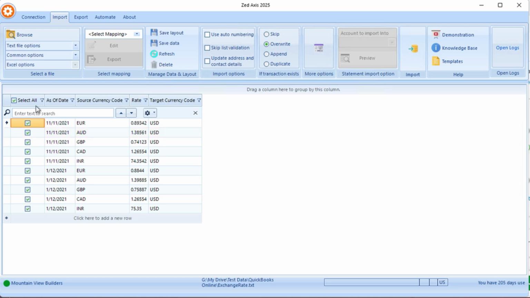It contains a column which has the date that the exchange rate is going to be set for. Then you have the source currency code, which is the foreign currency, or not the home currency, that you're dealing with. You've got the rate for all of the different currencies, and then the target currency. So if we now create Add New Mapping,